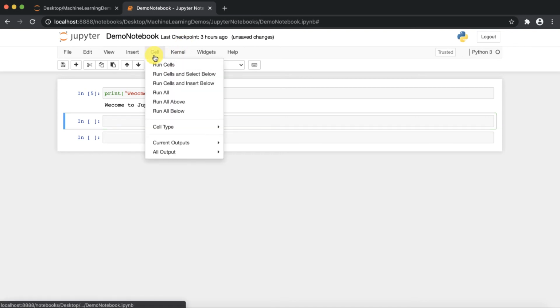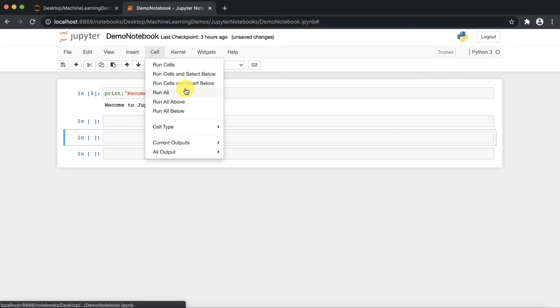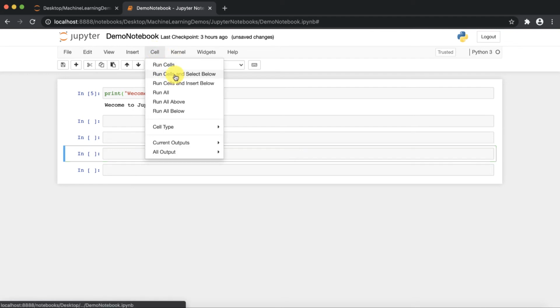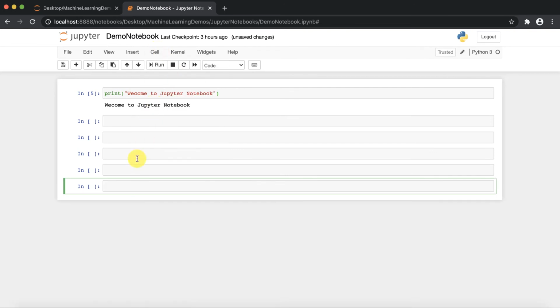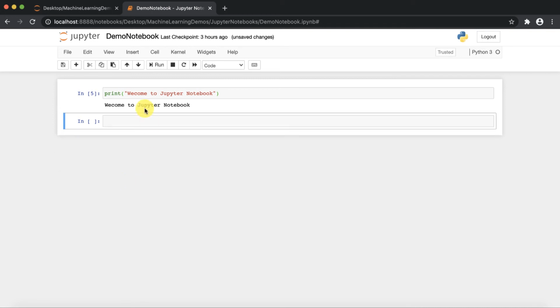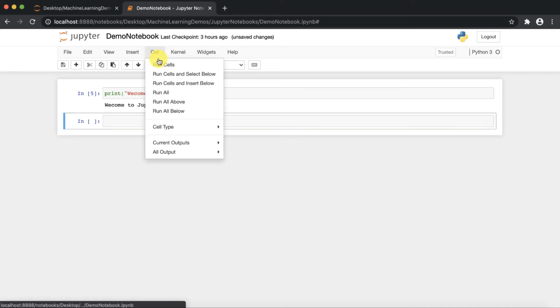As many times as you click, it will add that cell. So this is the difference between select below and insert below, right? Now let me delete all these cells.